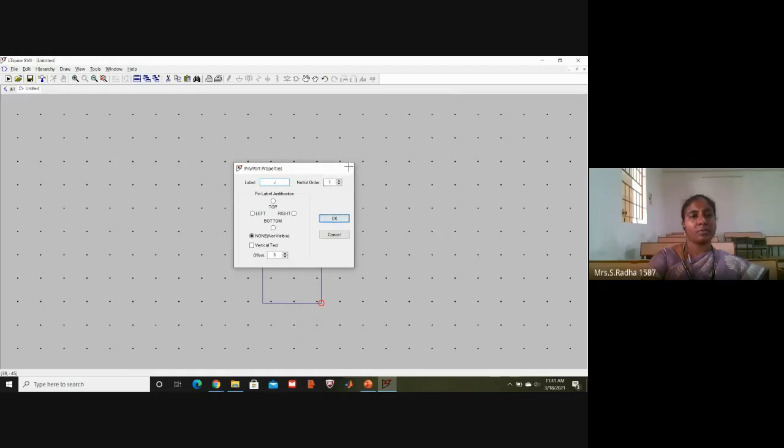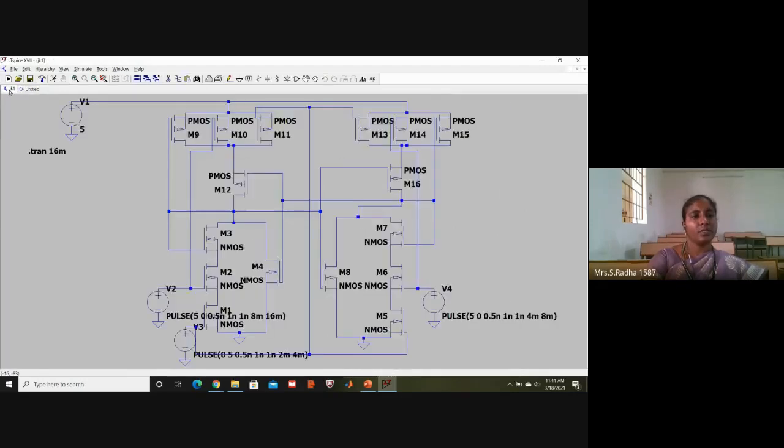I will come back to the pins. I will go to the schematics. JK1 is the file name. So what I will do, I will remove the voltages whatever I have given. This is J. And this is the clock. I am removing all this. This is the clock. And this is K.